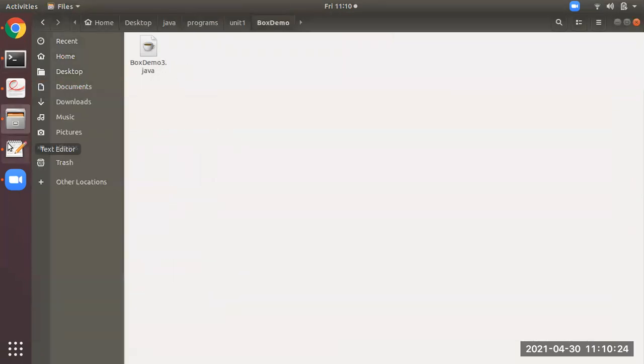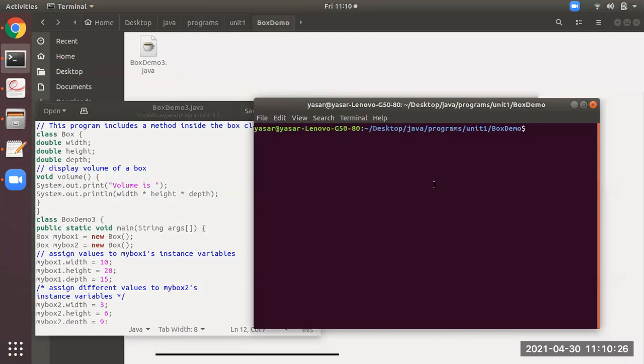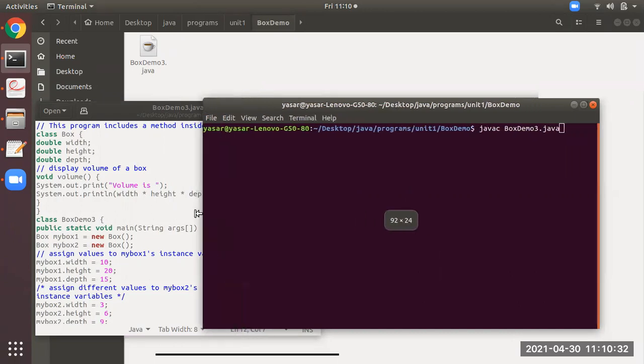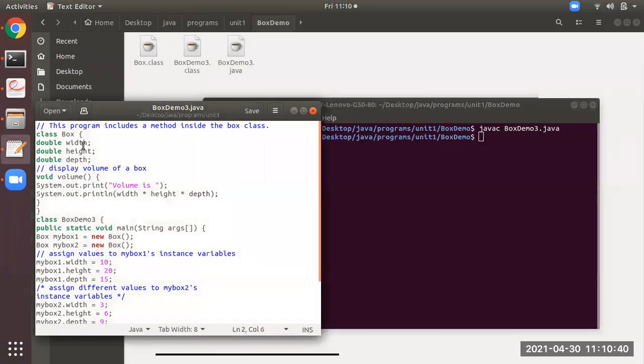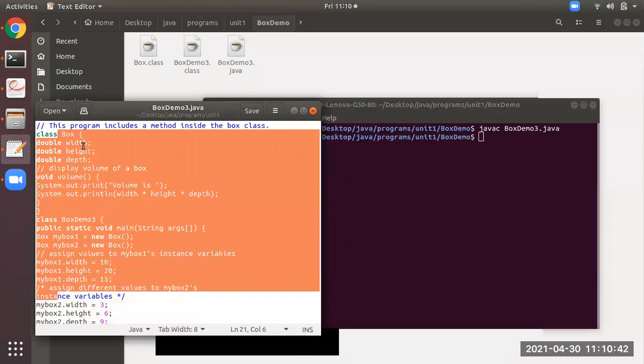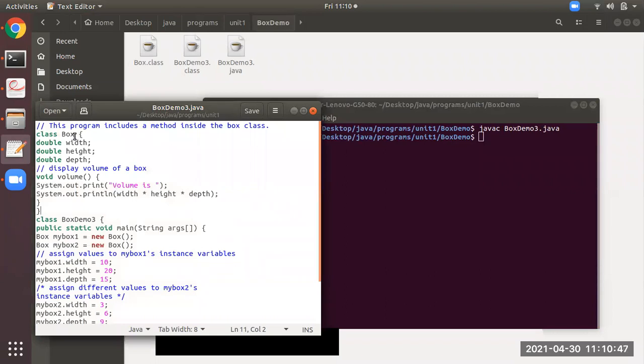Now I'm going to compile, and you all observe how many dot class files it will generate. I'm pressing enter now. Because in this file there are two classes, class box and class box demo3, it will generate that many dot class files.